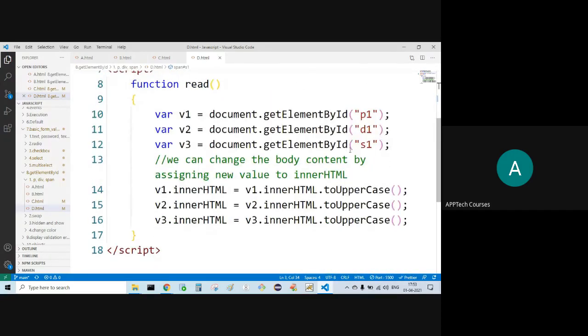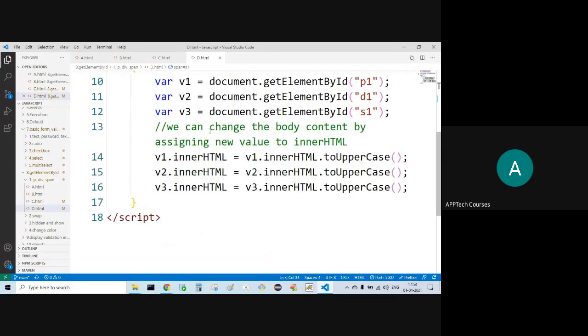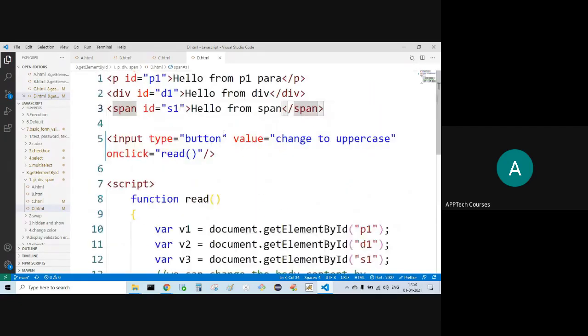Now P1, D1, S1, I'm getting the IDs, storing into V1, V2, V3. V1.innerHTML, initially this is the content. Let's say all are in smaller case, everything.